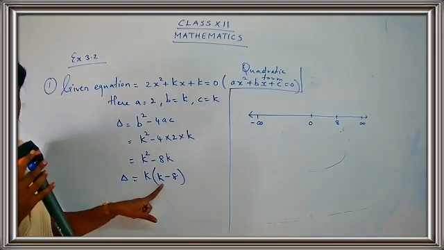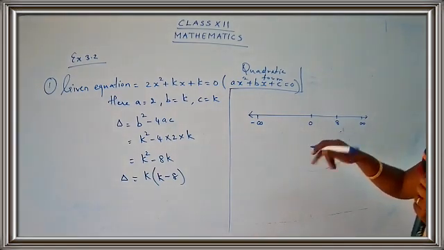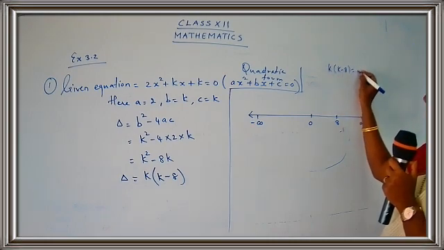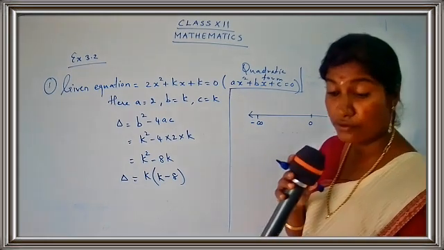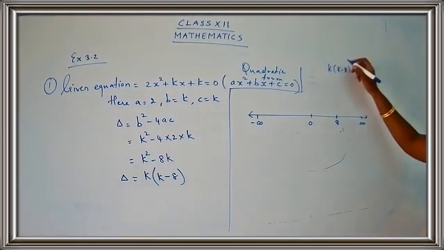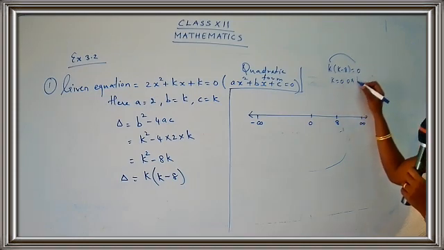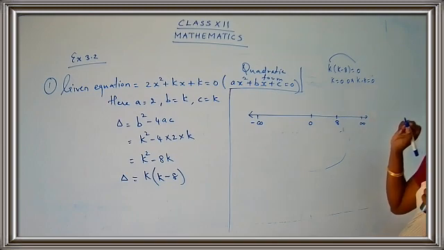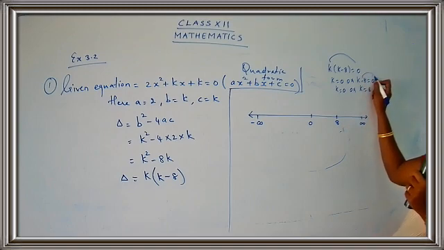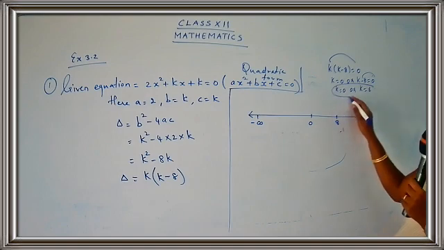This is k into k minus 8. So this is just your rough work. You have to just do this part in your rough part. So how do you get that part? See, if I take k into k minus 8 is equal to 0, because they have mentioned that the roots are real. So if I take k into k minus 8 is equal to 0, what do I get? k is equal to 0, or k minus 8 is equal to 0. So k is equal to 0 or k is equal to 8. The minus 8 comes to this side, so you get a plus 8. Getting my point? So you get the value for k as 0 or 8.